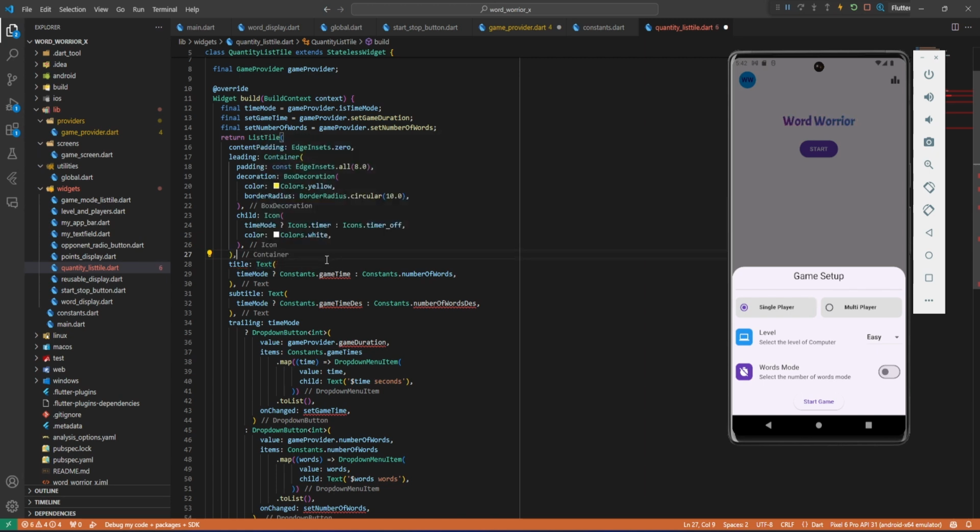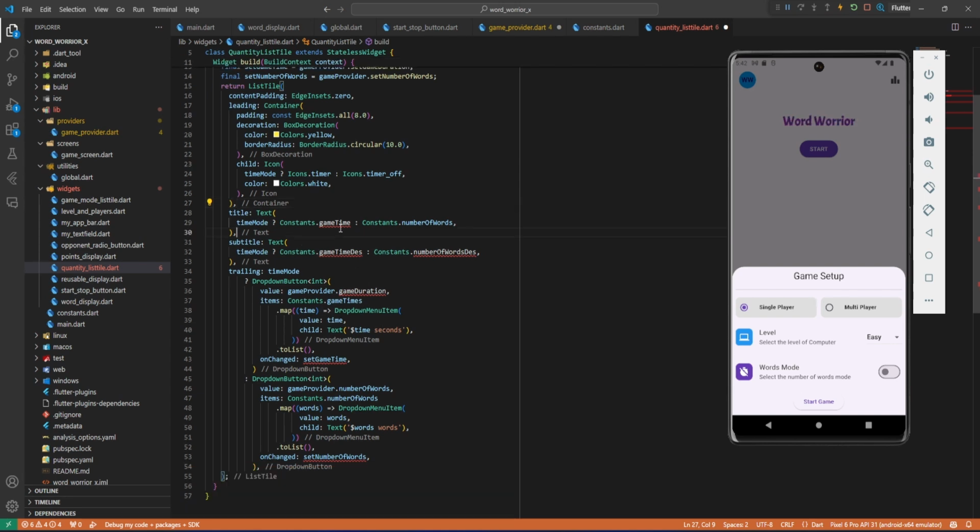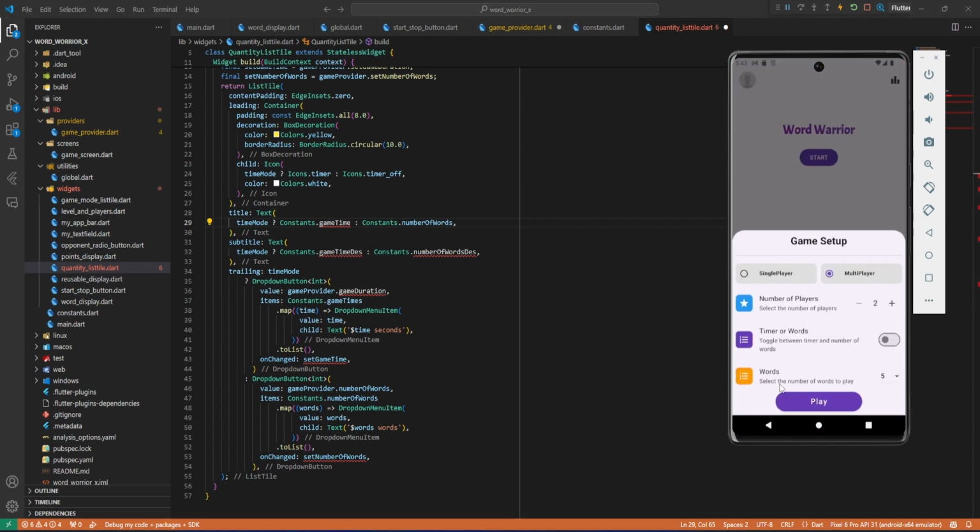So what next here? What we need to put is now the title. Okay, so here we need to create this constant, and then we also need to create this. Okay, so let's create another description for this one below. We want to create one which says words, select the number of words, and then also we want to create this, time, select the time to play. Okay, so let's create these constants for the title, and then the constants also for the description before we go down here. All right,